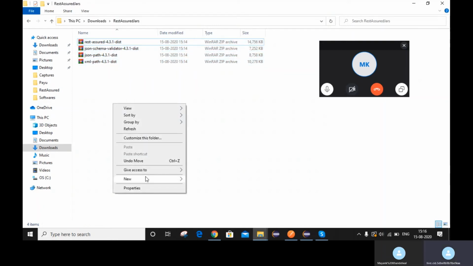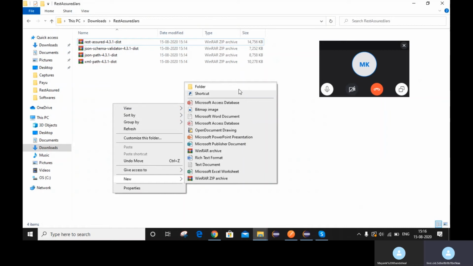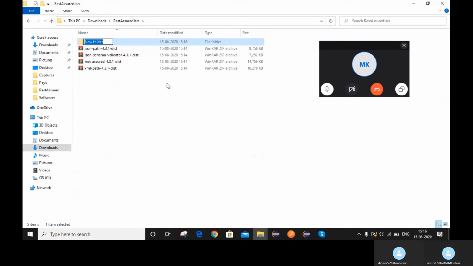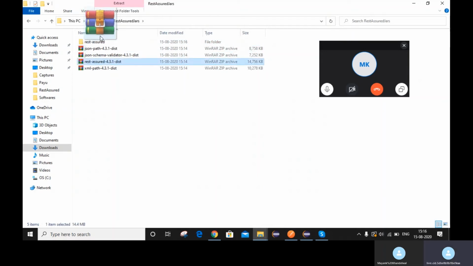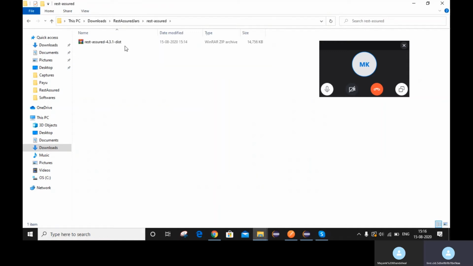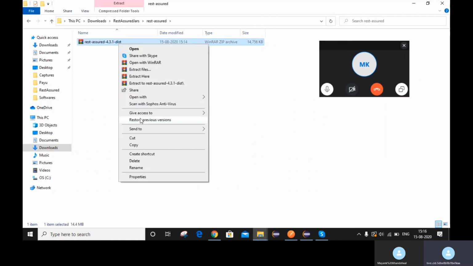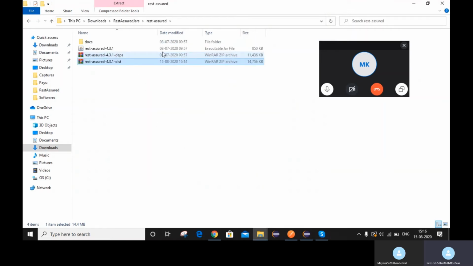First I create one project where I will copy each zip file, and first I'm copying rest assured. Yes guys, so now we have unzipped this file.